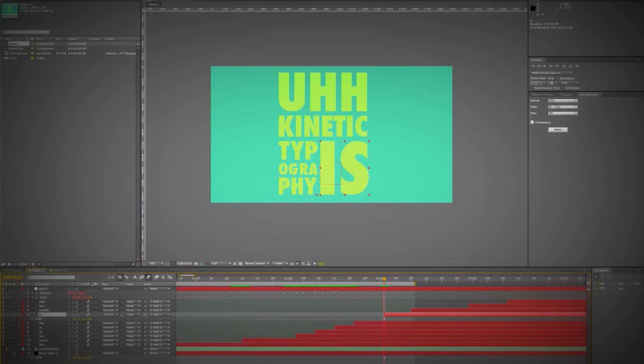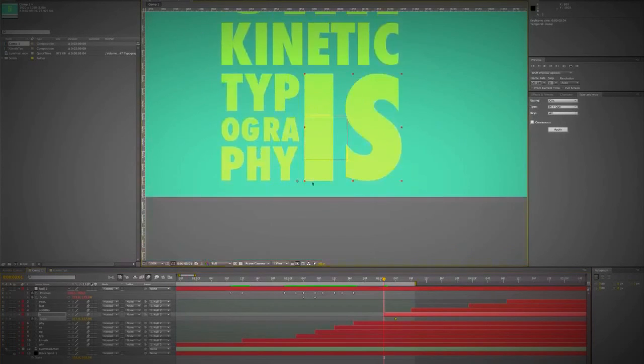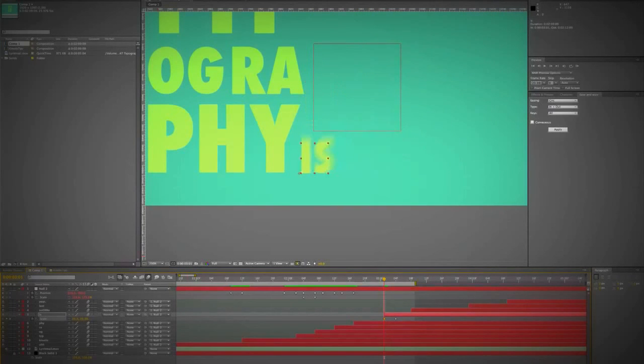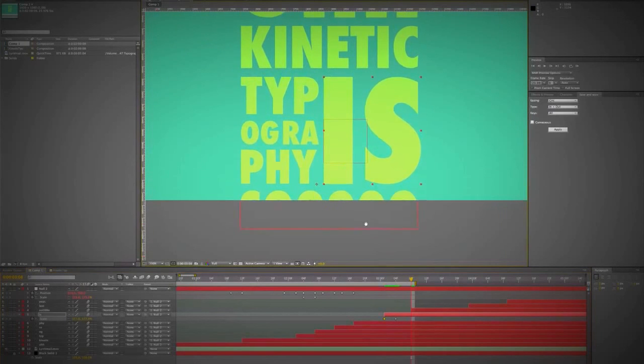So let's set some scale keyframes for "is", and we'll just have it scale up. It's left justified right now. It's going to scale from wherever its anchor point is, and right now you can see it's left justified. The anchor point is over here on the left side, so that's where it's going to scale from. You see it when I turn this value all the way down to 0. It disappears into the anchor point. So now "is" pops up,